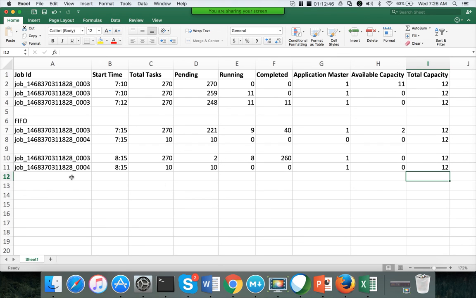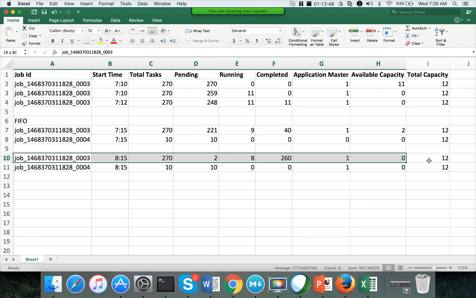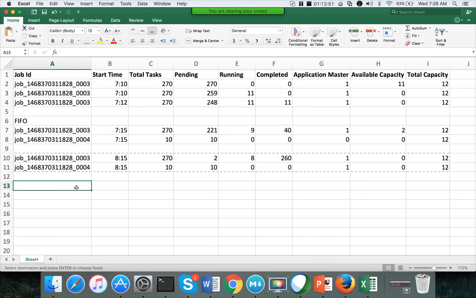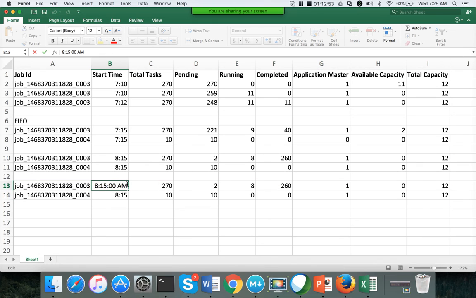Once it started completed, so let me take this one, copy this entire thing here, and let's talk about 8:16. Okay, and now let's say it has completed 1 more task. Okay, so running will be, let's say running are still 8. 261, sorry, 8 plus 1 is 9, plus 1 is 10, plus 1 is 11.